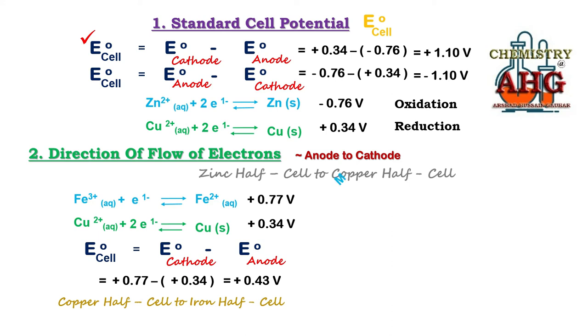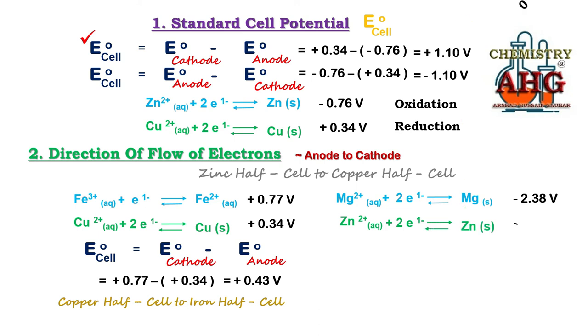You can take the half cell of magnesium. Its reduction potential is minus 2.38, and the half cell of zinc. Calculate the standard cell potential for this electrochemical cell, for this voltaic cell. So whenever you have been given a voltaic or electrochemical cell, remember that you need some output, you need some voltage, so the answer must be positive.